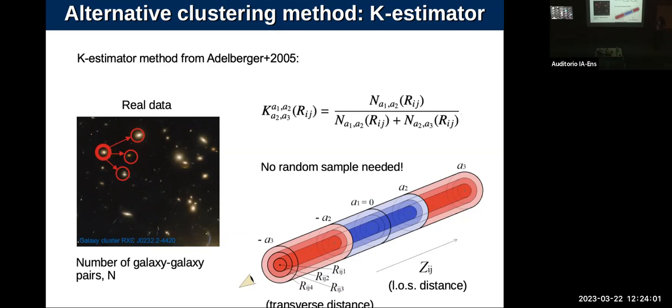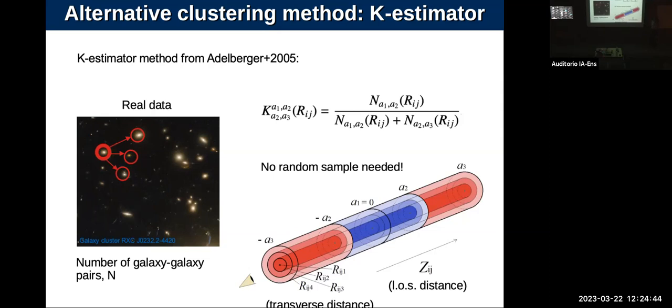So the idea of the K-estimator is that you take this whole sample of cylinders and place the center of all these cylinders on top of the first galaxy in the sample. With the K-estimator, I need to count the galaxy pairs that fall within this blue inner cylinder. That number of galaxy pairs will be our numerator. Then I compare it with the total number of galaxy pairs that fall within the red plus blue inner cylinder, and that will be our denominator. In that way, I obtain the first data point for the K-estimator for our first transverse distance bin.